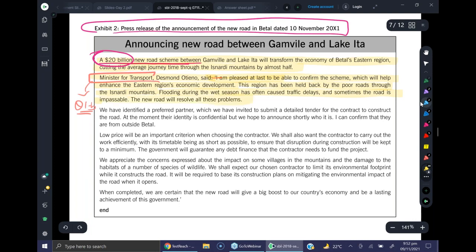We have identified a preferred partner which we have invited to submit a detailed tender for the contract to construct the road. At the moment their identity is confidential, but we hope to announce shortly who it is. I can confirm that they are from outside Beetle. Low price will be an important criteria when choosing the contractor. So can I say that this is one of the criteria the